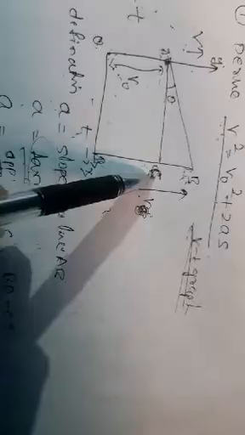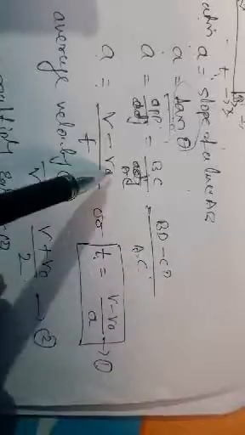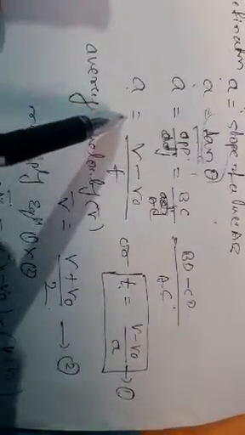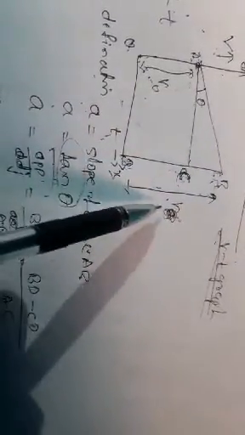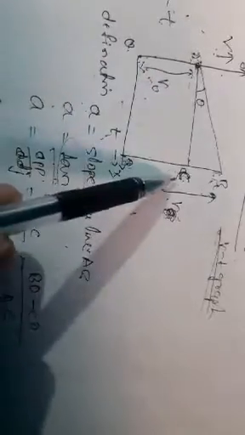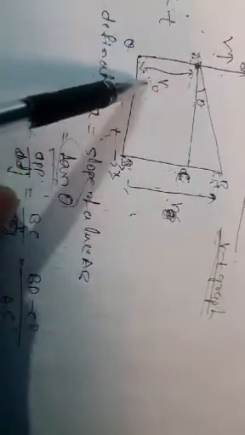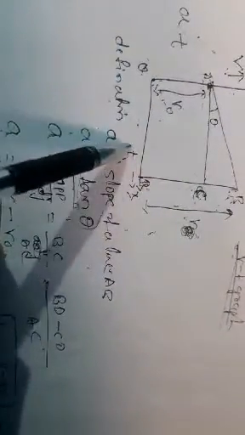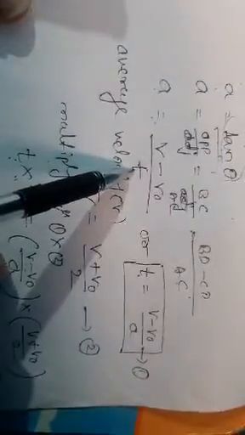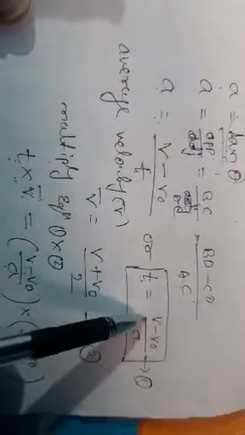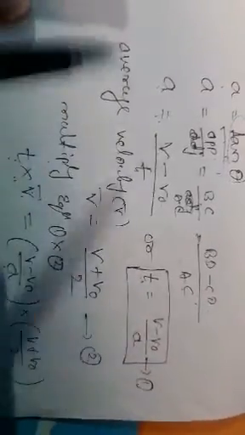The BC can be written as the total line BD minus CD, and AC is the adjacent side. Here BD is the total height, the final velocity V, and the line CD is parallel to the AO line, the initial velocity, so BC is V minus V0. The AC line is parallel to the OD line, along the time axis, taken as small t. Cross multiply: the small t is equal to V minus V0 by a, called equation number 1.